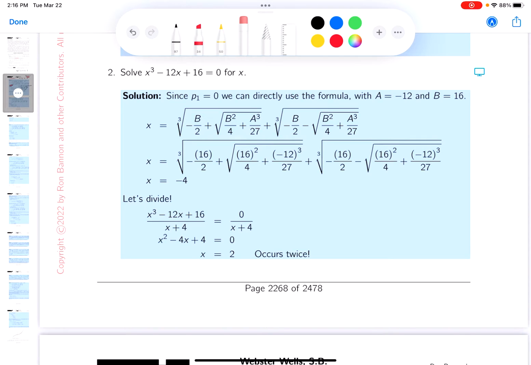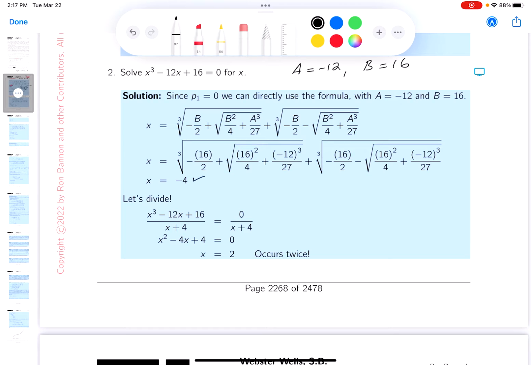Again, number two is in a nice form. It's the form we like for cubics. And what we're going to do is write down what the A is. The A is minus 12, and the B is going to be 16. Then what do I do? I plug it into the formula. Again, I'm not expecting anyone to memorize that formula. You write it down, plug the numbers in, do the arithmetic, and lo and behold, you get a very simple